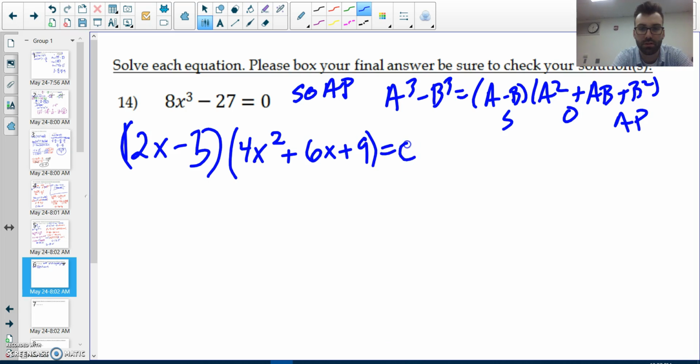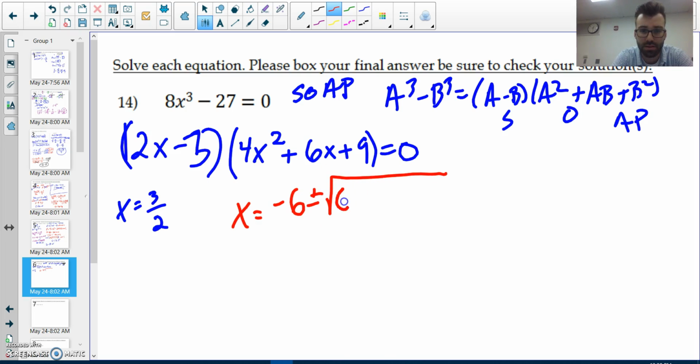This is all equal to 0. If I were to solve this, I would get x equals 3 over 2. This trinomial here, I have to use the quadratic formula, because it does not factor. So x equals opposite B, plus or minus the square root of